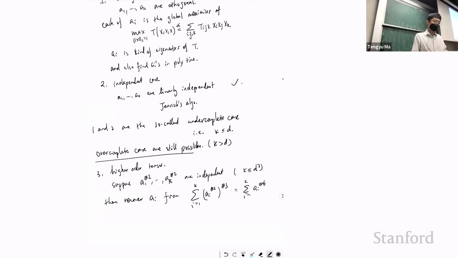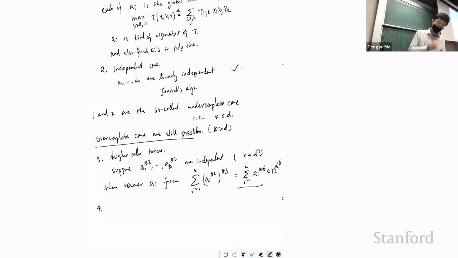But somehow with the cost of estimating the 6th moment, because how do you get this? This is a thing in R^(d^6), so you have to somehow do something with the 6th moment, and it will be less sample efficient. And another slightly clever way to do this is that you can do a 4th order tensor